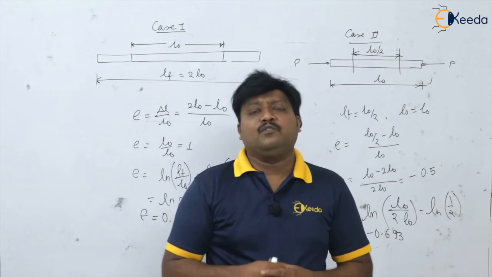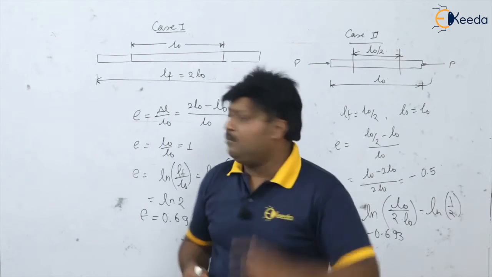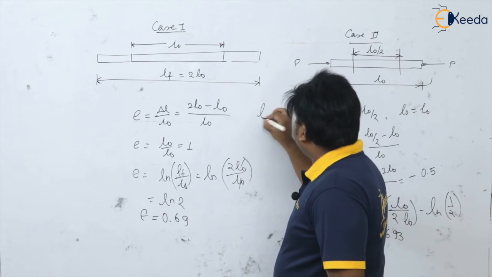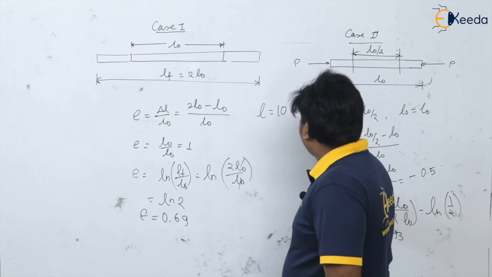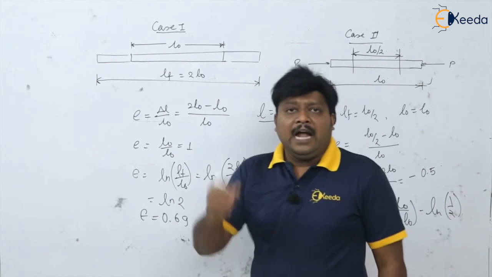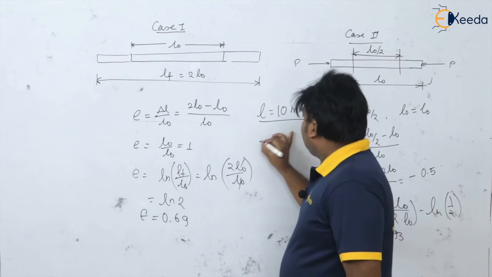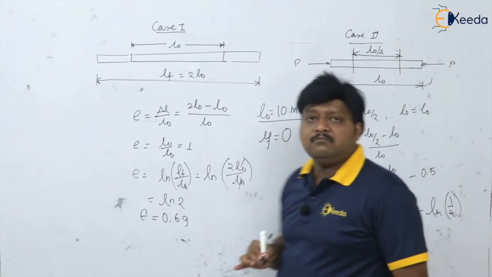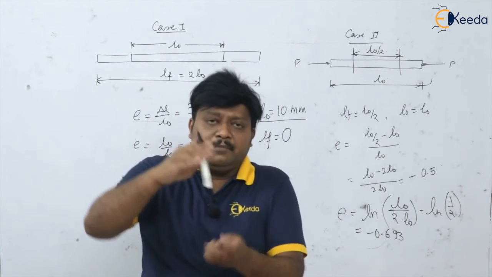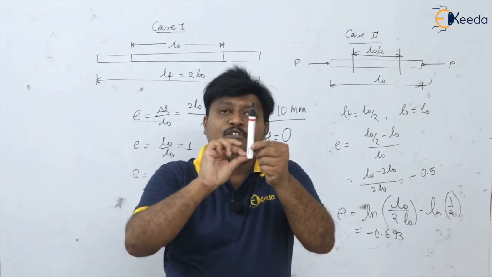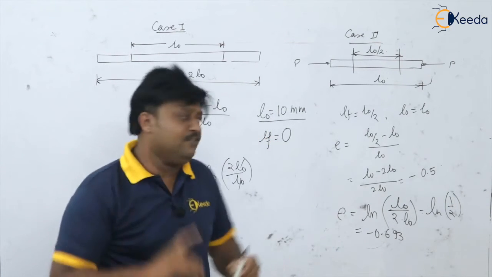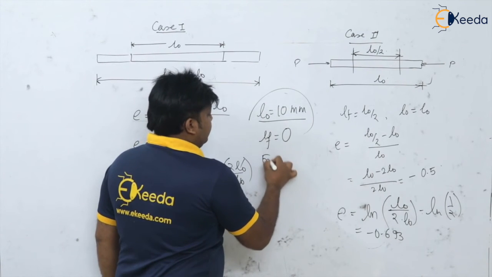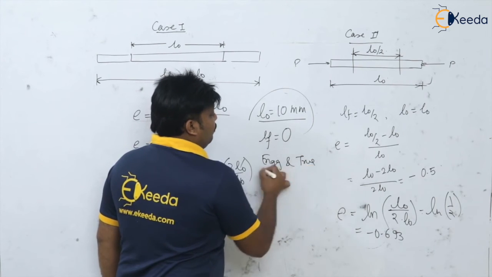But whenever I am dealing with a huge amount of deformation, let me take an example. If the initial length of the bar or the height of the specimen was 10 mm, and I'm going to deform it to 0 height. See, 10 mm height initially, now I'm going to reduce it to 0 height. Now let us calculate the value of the engineering and true strain for this.